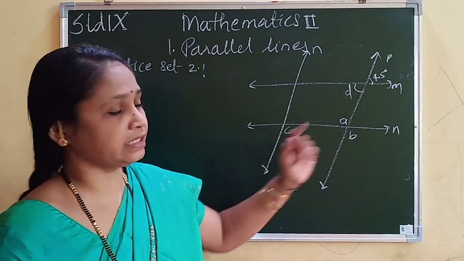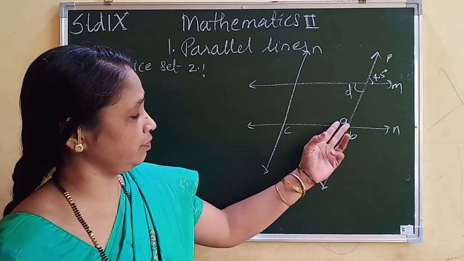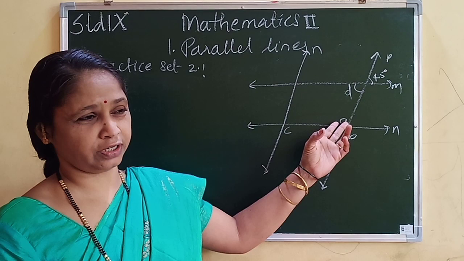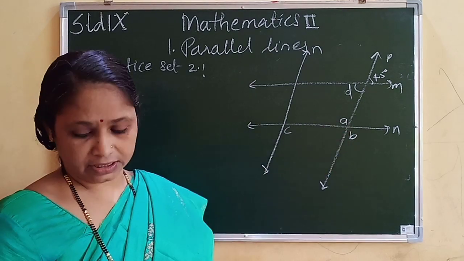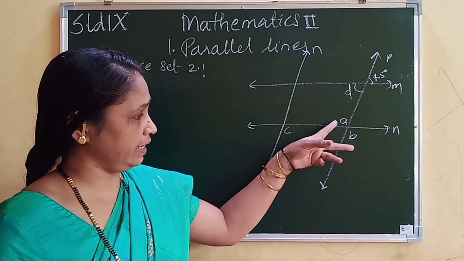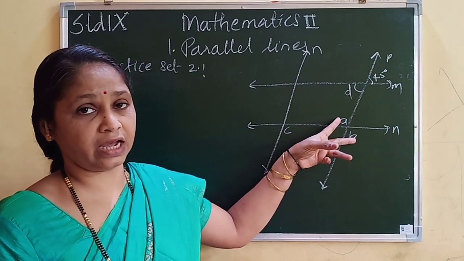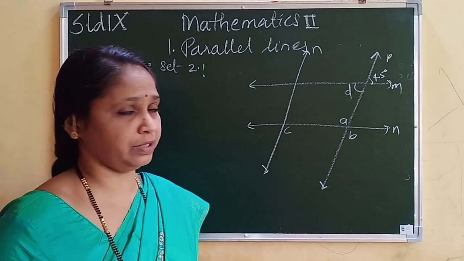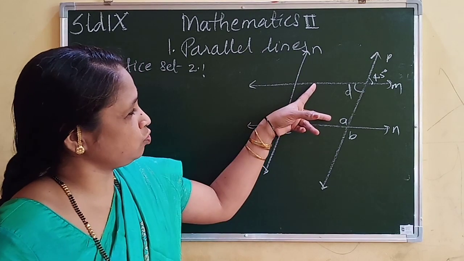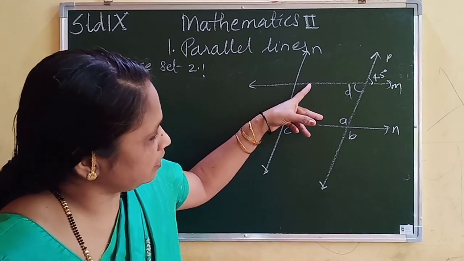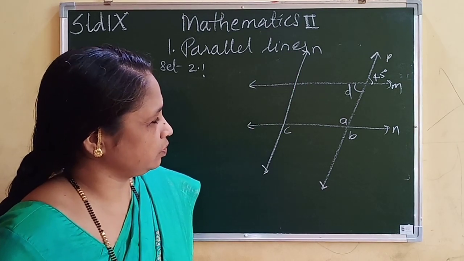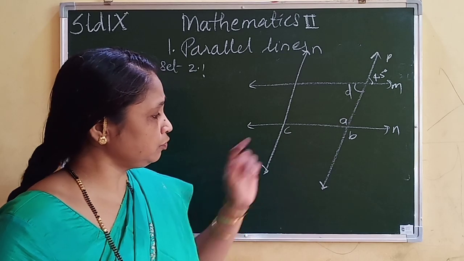Now this is 45 degrees, so this will be angles in a linear pair. So this will be equal to 180 minus 45, and 180 minus 45 is 135 degrees. Okay, so angle A will be 135 degrees. A is 135 and they are vertically opposite angles, so this also will be 135 degrees. Okay. Now we have to consider these two as parallel lines and this as a transversal. Okay. So you have to find out C.